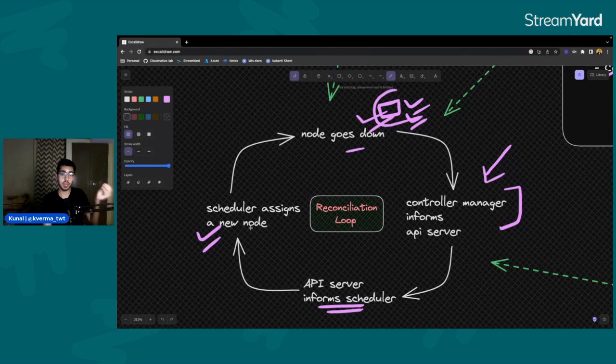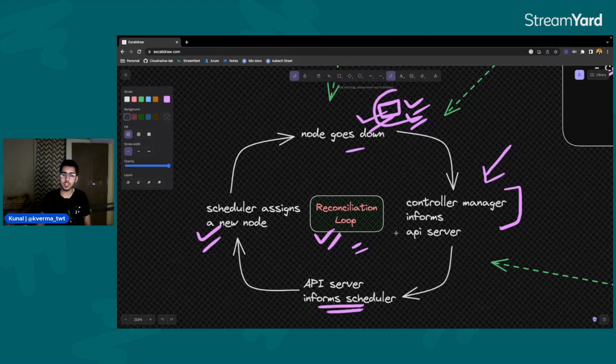As I mentioned previously, the main job for the kube scheduler is to find the best fit node to run a particular containerized application. So that is what it will do. And this whole thing is a loop, and this particular loop is called the reconciliation loop. That's a very big name for people who are just hearing it for the very first time, but it's again an important concept to note, and this is sort of an overview of what a reconciliation loop looks like.